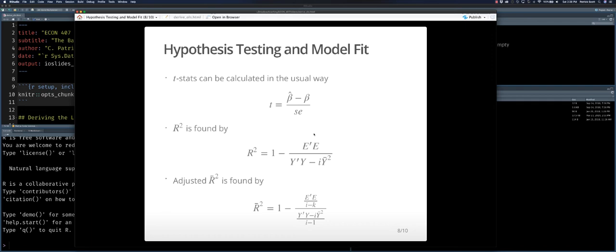So clearly that's going to be a function of what we can't explain, and it's going to be a function of our actual data that we have for y. So we get this number. Usually it's reported in decimal terms, but it can be converted into percent terms relatively easily. Adjusted R squared is a little bit more tedious to calculate,